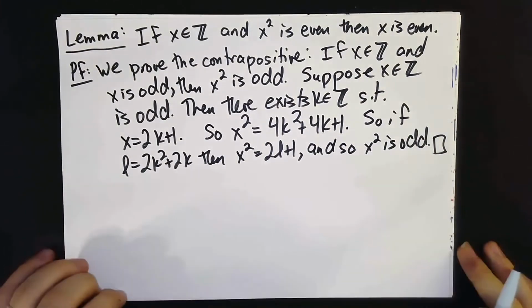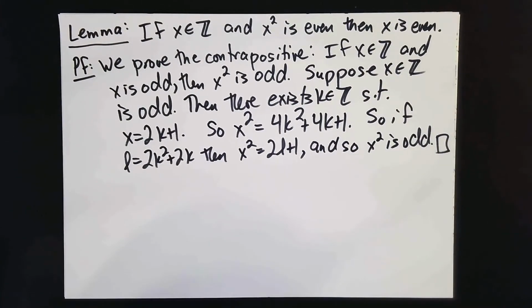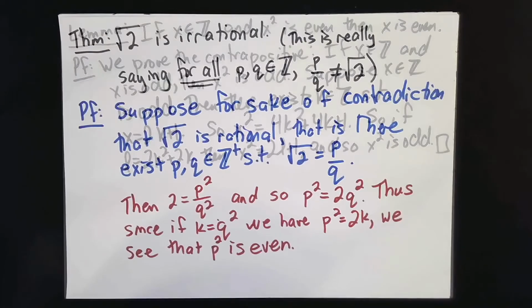So we can now use this result. As soon as we show that something squared is even, we know the thing itself has to also be even. Hint, by the way,